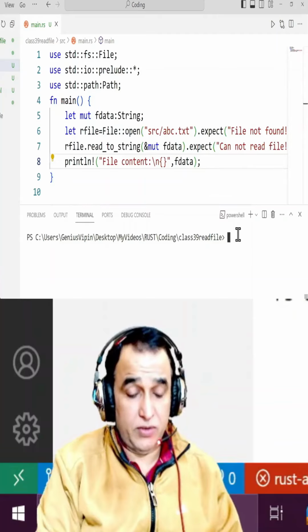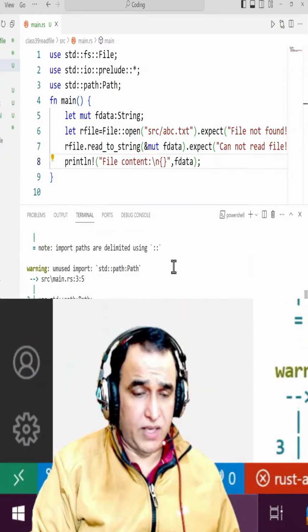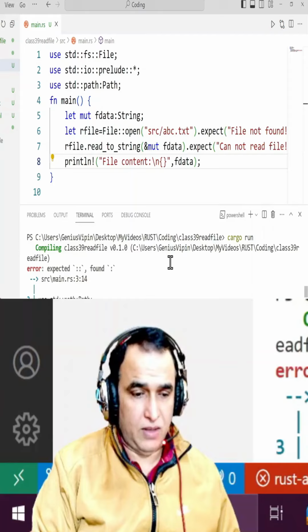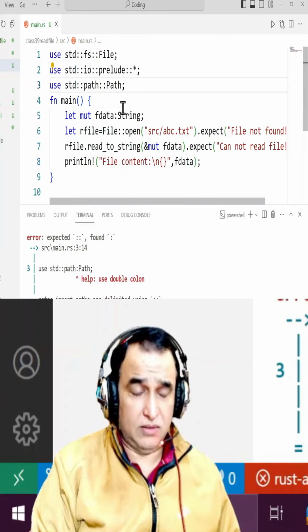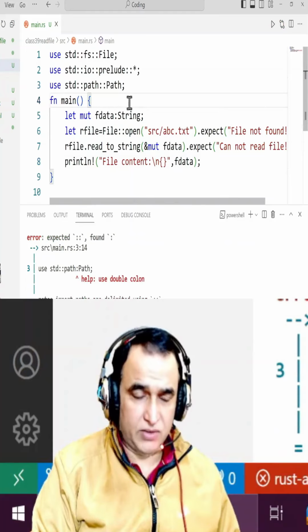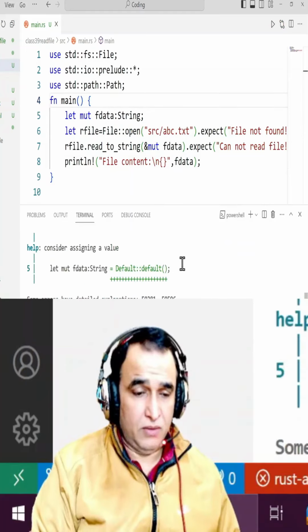Try to execute. I say cargo run, and you see that we have some error that we are not using path and we are not using colon. Okay, so we need colon also in a path. Right now I am not using this path, but I'll show you how to use it. So once again I try to execute. You see that this says